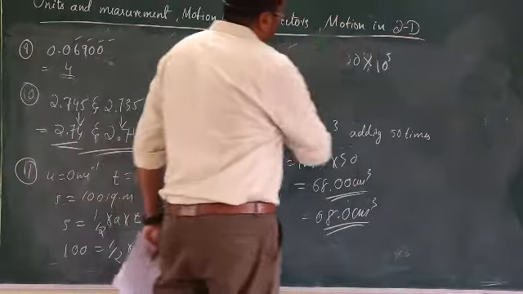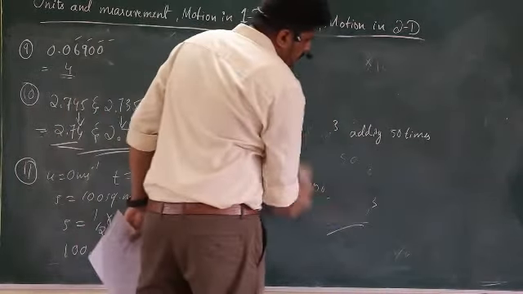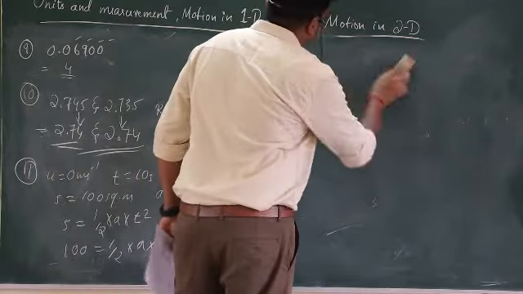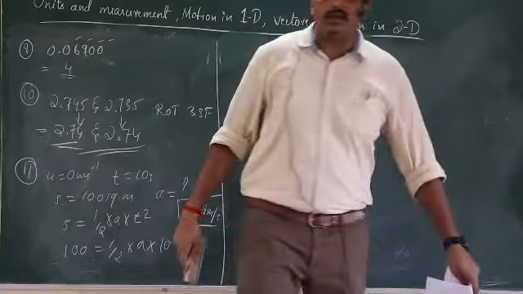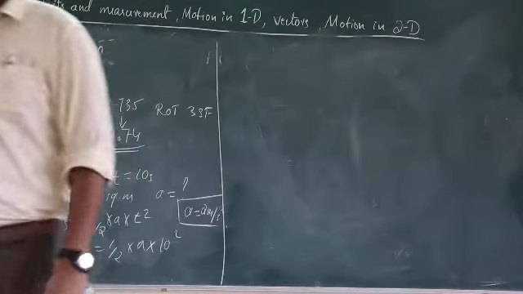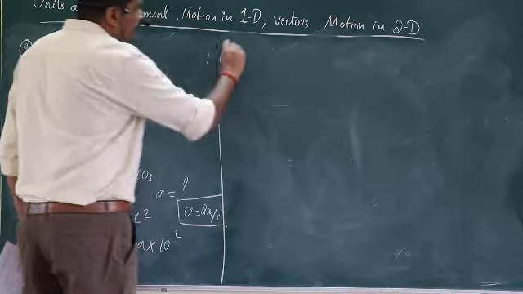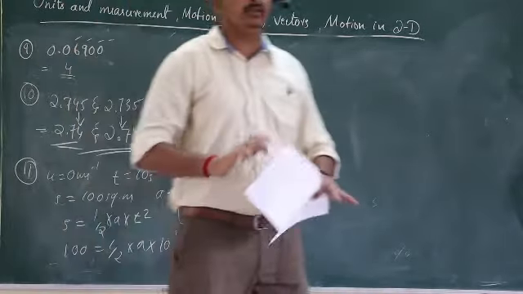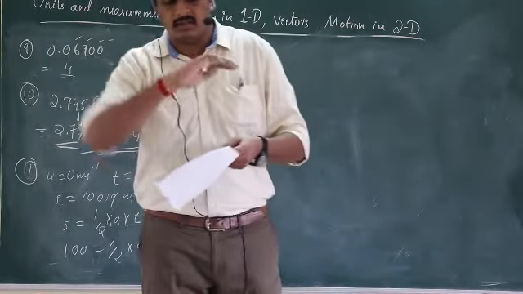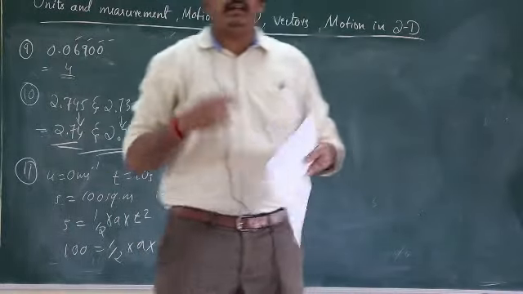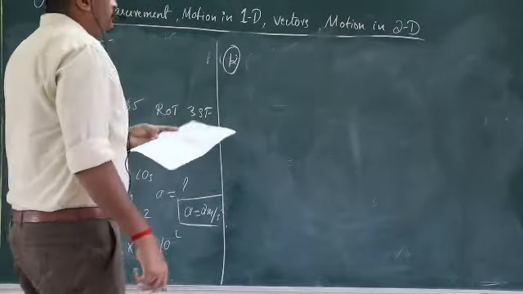So area under the VT graph means it's the distance traveled or displacement. Though the unit is given as square meter, there is no need to panic here. Always remember it's just about one-dimensional motion, where you will be discussing unidirectional motion and substituting basic formulas. That means it does not depend on the angle at which it is projected, because that would be motion in two dimensions.